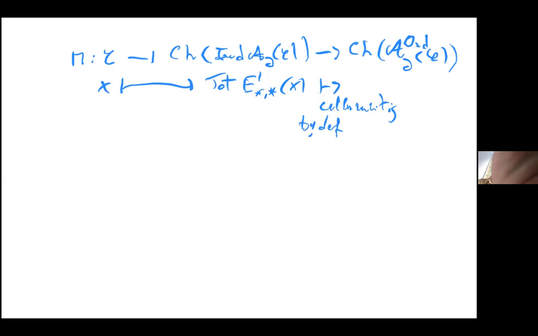If you have cellularity, by definition, the spectral sequence degenerates. By definition, E1^{pq} degenerates,